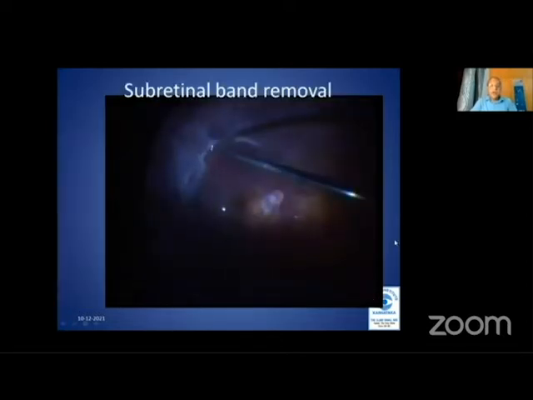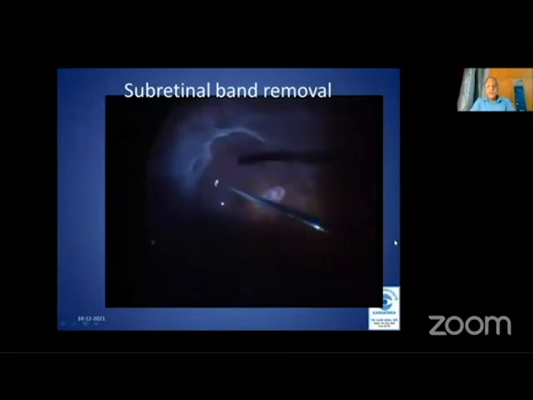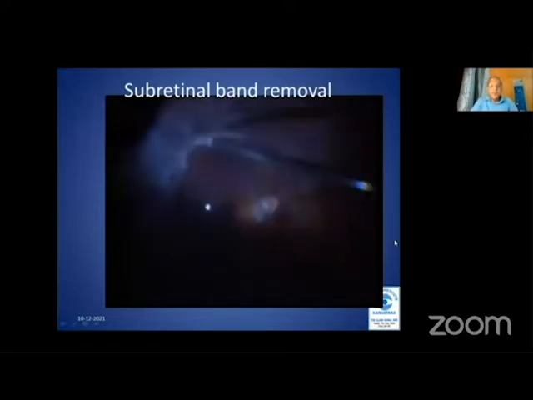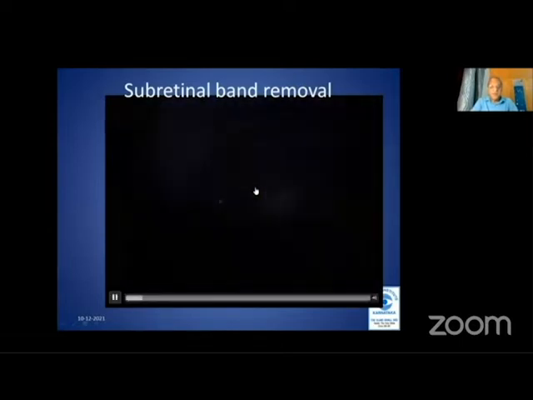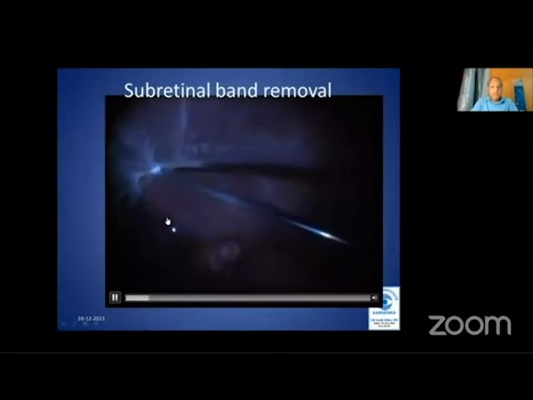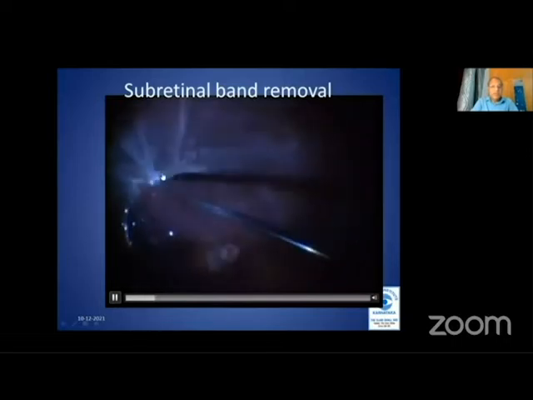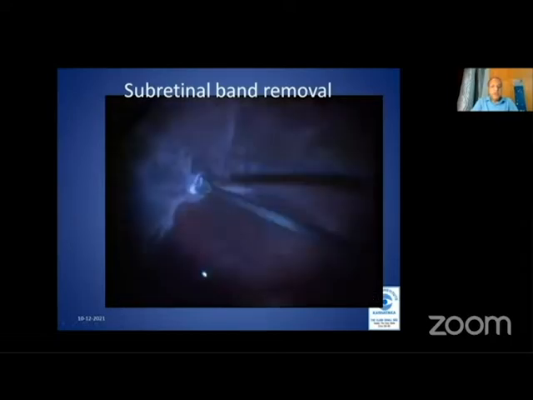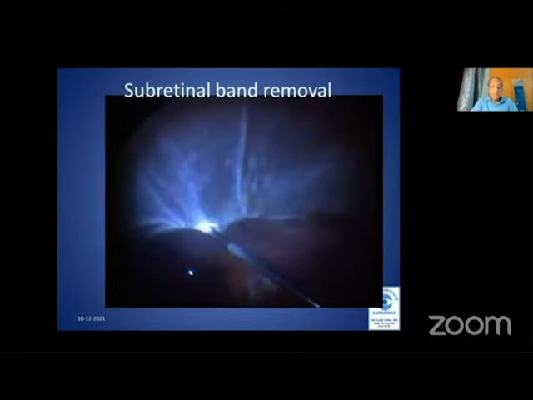Subretinal bands need not be removed in all situations. Only when they are causing elevation of retina, like in this eye, they need to be removed. Many of them can be left alone if they are not causing traction. Now I have put PFCL to stabilize the posterior retina, and then I made a retinotomy in order to remove that subretinal band. We use a forceps, either end gripping or an ILM forceps, to grasp the membrane